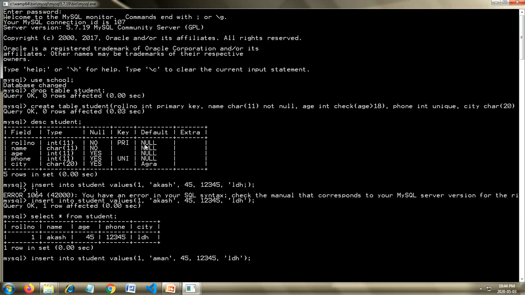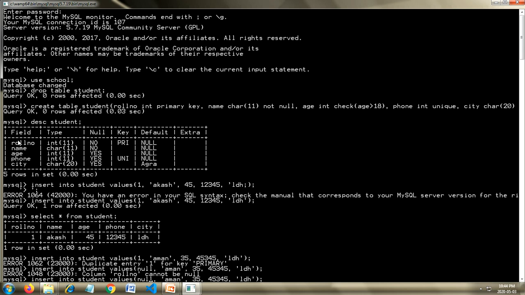So I'm entering the record for another student by putting the same roll number. So see, it will give me an error. The error is duplicate entry. It means it will not accept the duplicate value for the record. Here I can also check it will not accept null. Null is basically a reserved keyword in MySQL. If you want to leave the field blank, then you can put null here. So it will not accept the null also. So a primary key does not accept these two values.